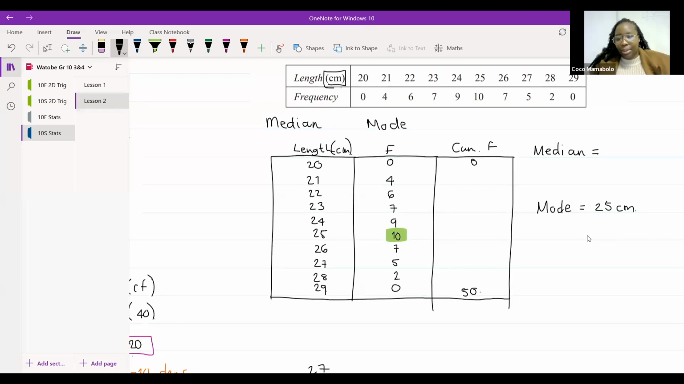All right, it's going to be 0, 17, 26, 36. Ooh, teacher Coco's forgotten how to count. 36 plus 7 is 43, 48, and 50, and then plus 0 is 50 again. Right, 50. Correct, 50. So now, in order to calculate for the median, we need to take half of the